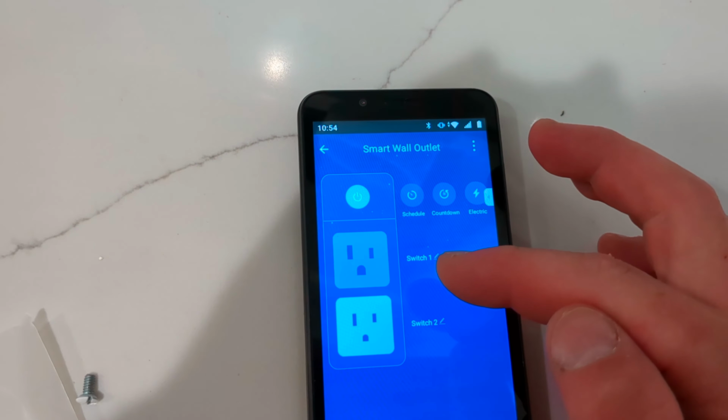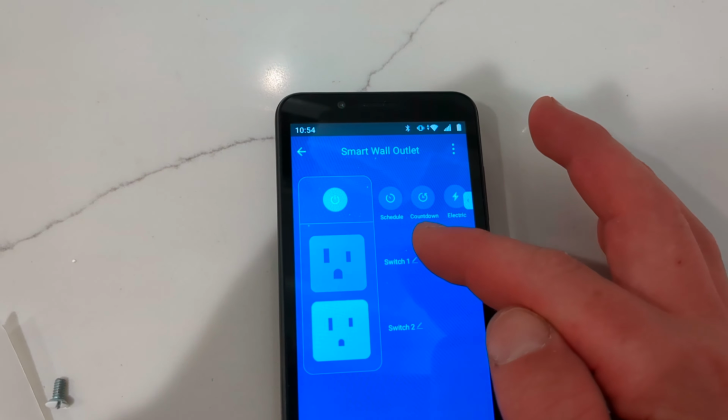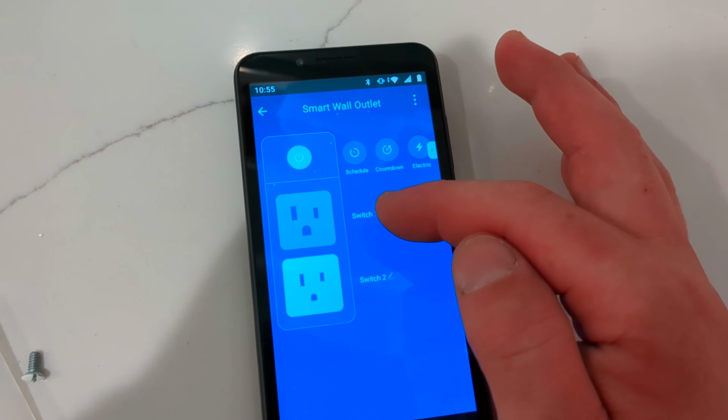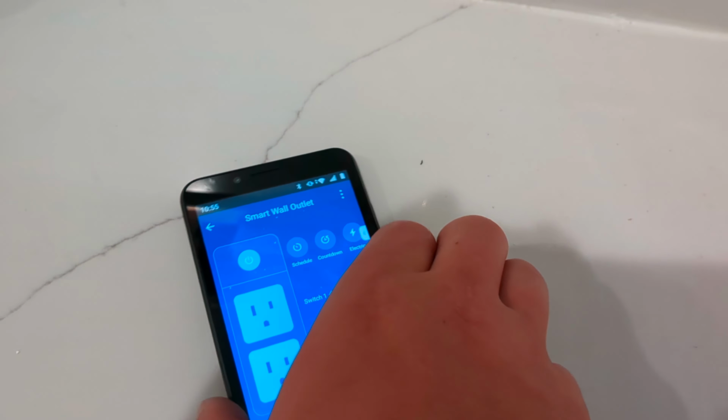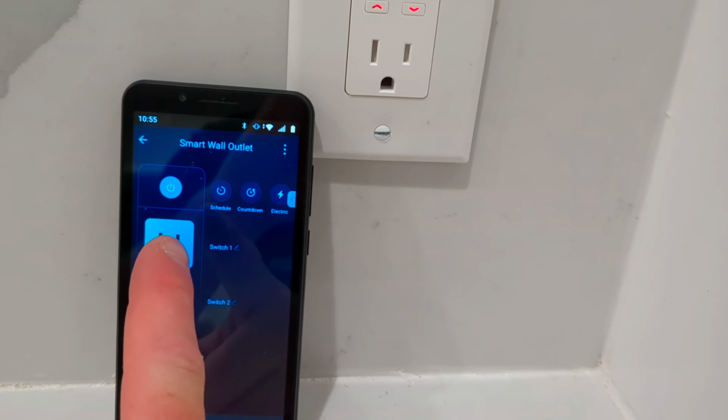So over here you see it has switch 1, switch 2. We could give a name to each one. Then over here you could click schedule, countdown, electric to monitor your usage. So let me hold this up right here so you could see. So when you click switch 1,